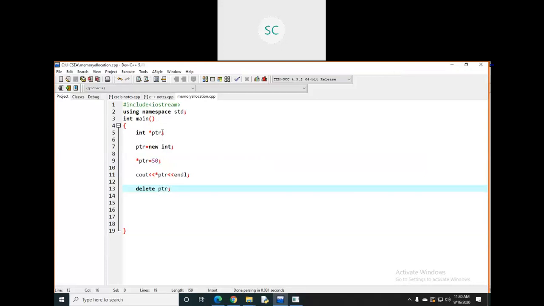Here you have some pointer variable, right? Before that, I will ask the user how many numbers. Suppose I want to store 1 to 10 or 1 to 20. Instead of taking that size manually here, you can take that size from the user. I will write one cout statement here.